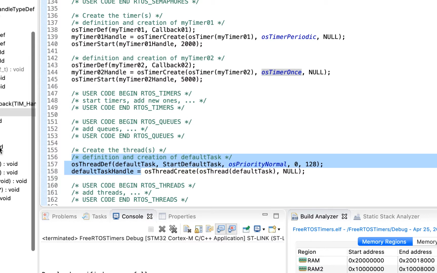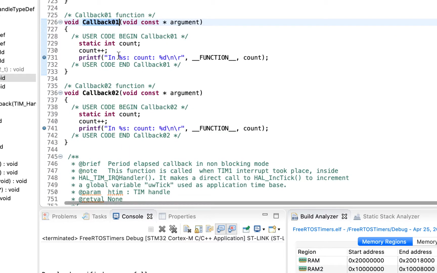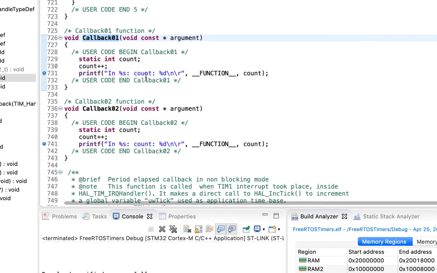We're going to start this running in just a moment, and I want you to notice in my callback functions that get called when the timer fires, I do have a printf, and I also have a breakpoint on each one of those. So let's get our code running. I've got my IoT discovery board connected up. Click on the debugger,